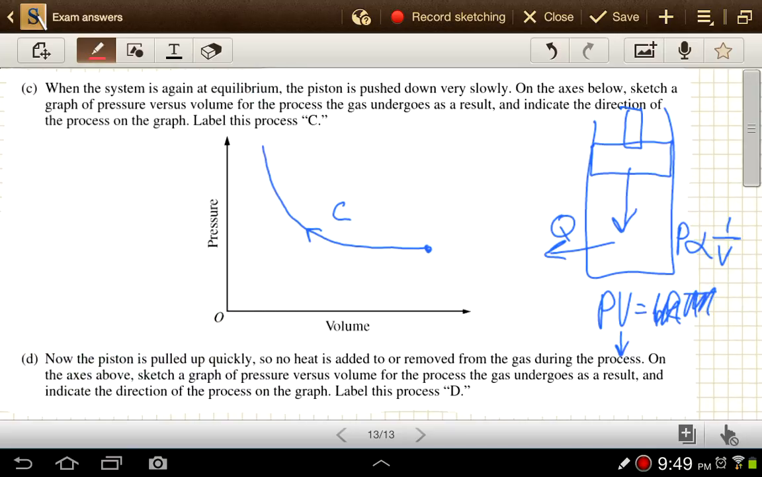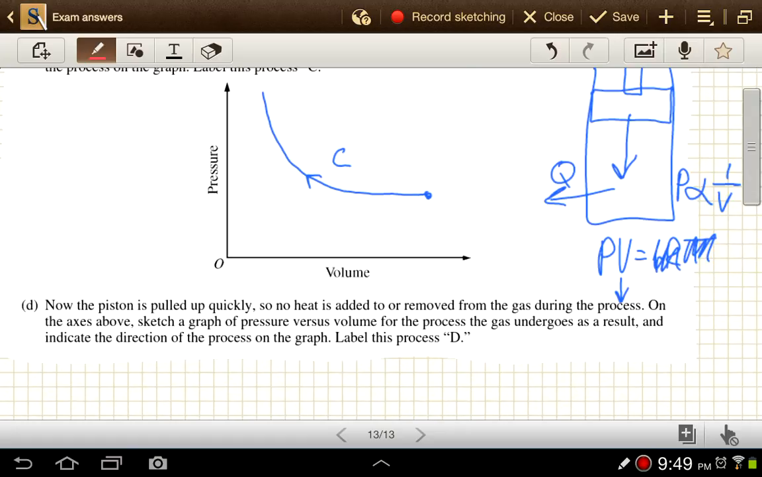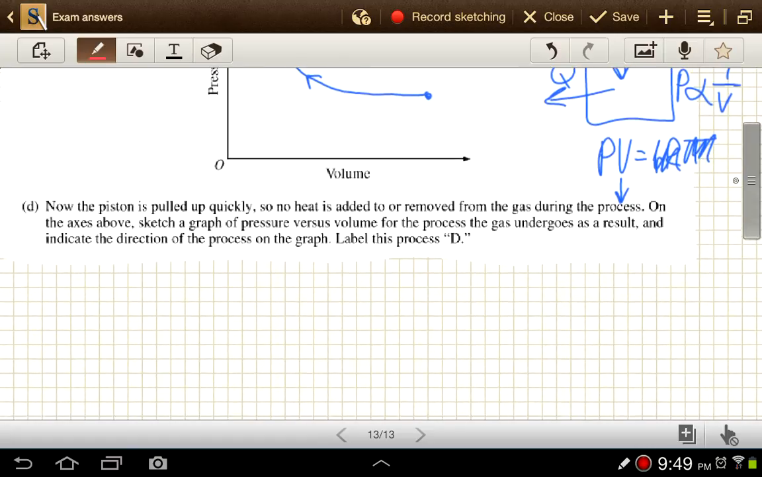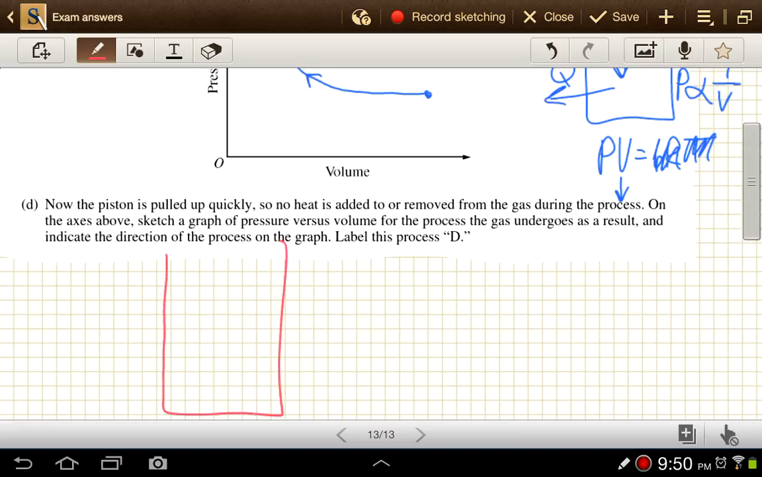Then the second one says our piston is pulled up quickly, so no heat is added to or removed from the gas during the process. Okay, so now we have our piston there, and it's going to be pulled up quickly. So volume is increasing, so if you think about PV equals nRT, we've got volume increasing. What other effects do we have there? Well, let's see. If we do this quickly,